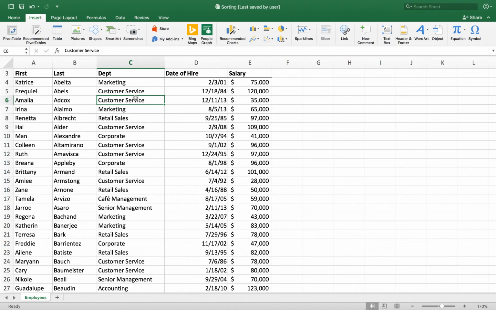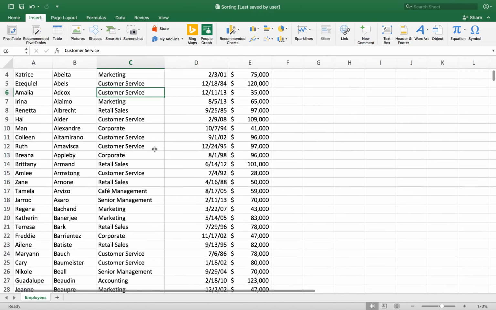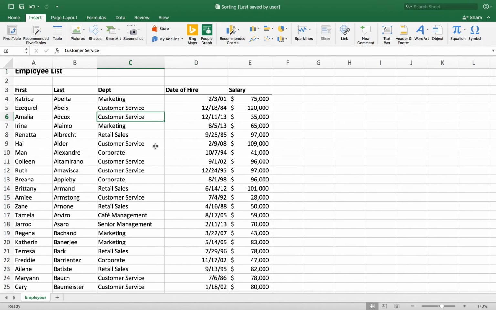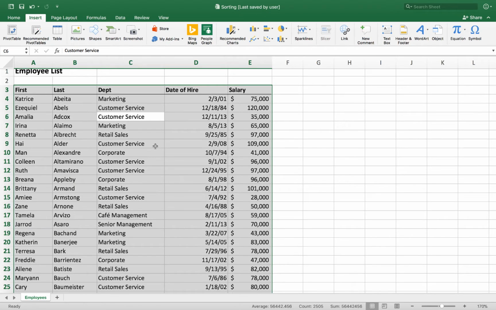I know you can do it, but there's a keyboard shortcut for everything. So somebody take a crazy guess. If I told you there's a Command key shortcut that you could press to highlight all the data, what would be easy to remember to select all the data? Control A, Command A, yeah. So if you just put your cursor in the middle of this data and you press Command A, is that what you wanted? Yeah, that's perfect.